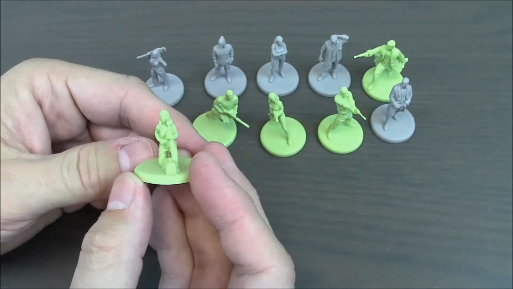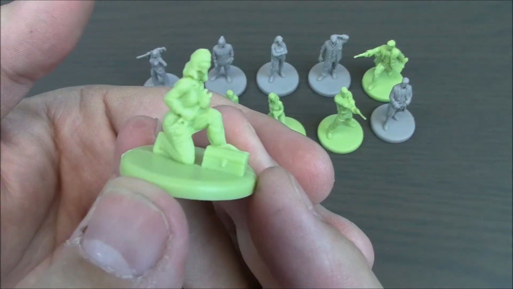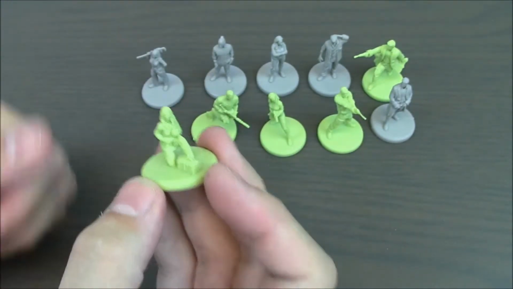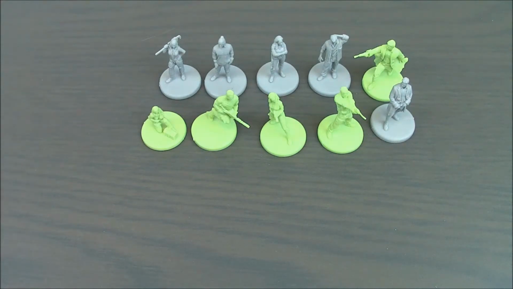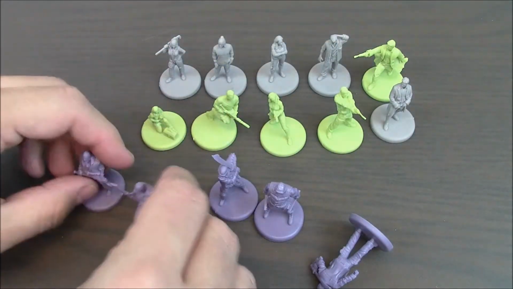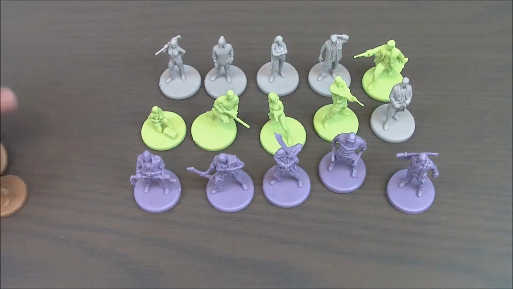Now, I'm not sure what Kaylee's pose is here, but that is apparently her heroic pose. I don't know. That's her not heroic pose. Nope. So there you go. That's the miniatures you get in the game. You've got 20 miniatures, 10 good guys. Well, 2 versions of 5 good guys, and then you've got 10 bad guys,